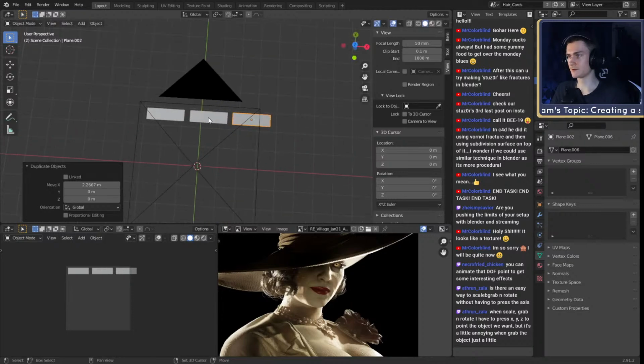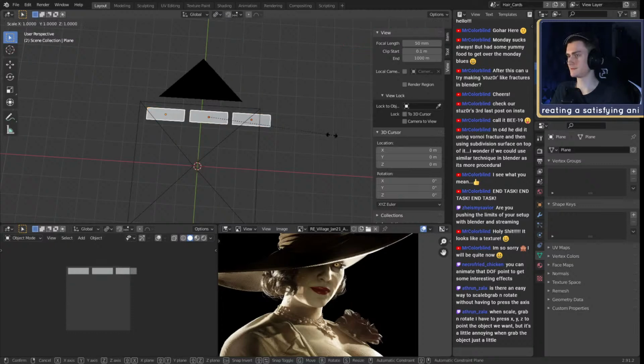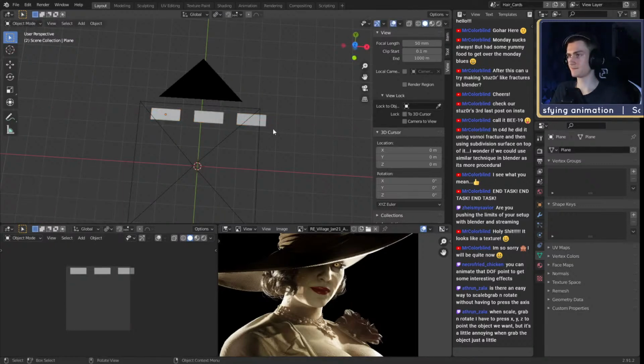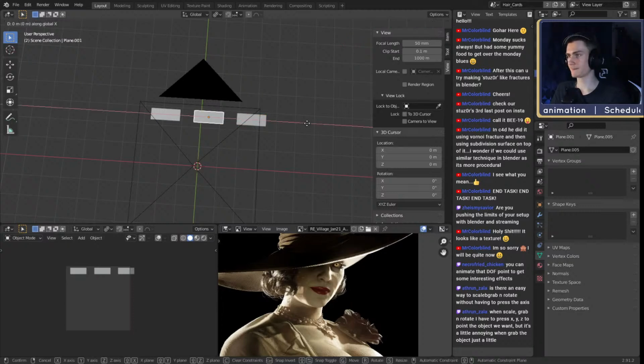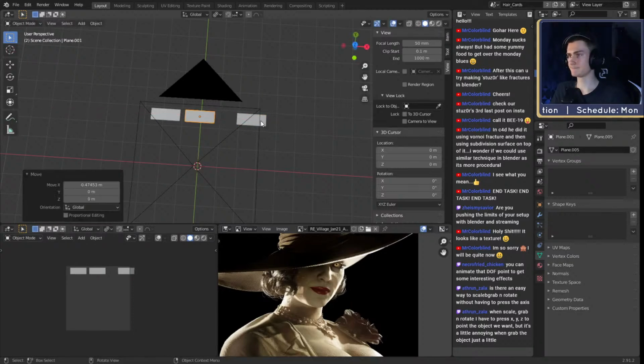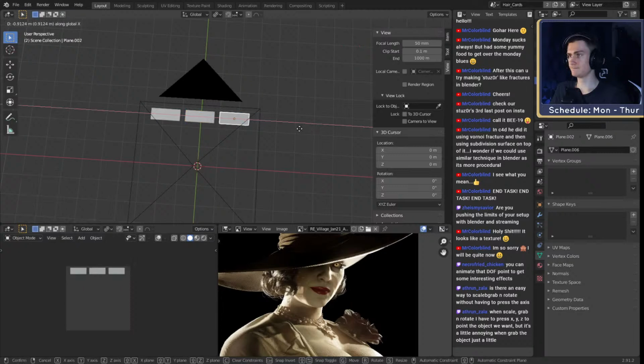And there we go. Make them a little bit smaller. Perfect.